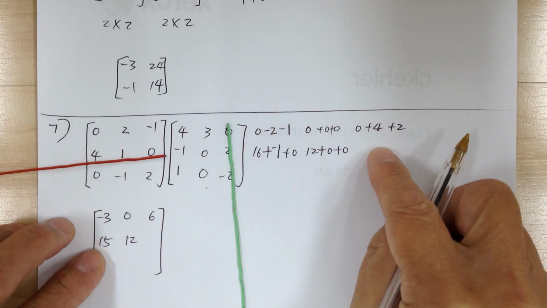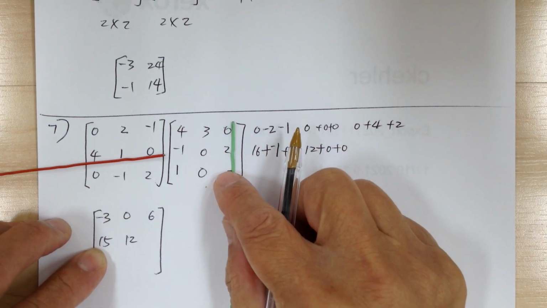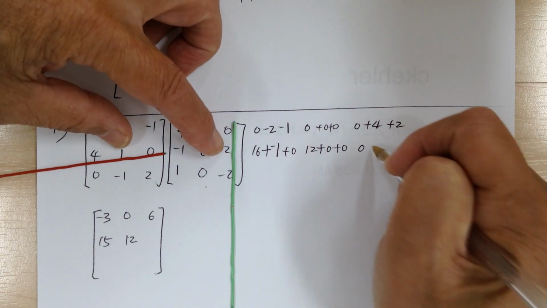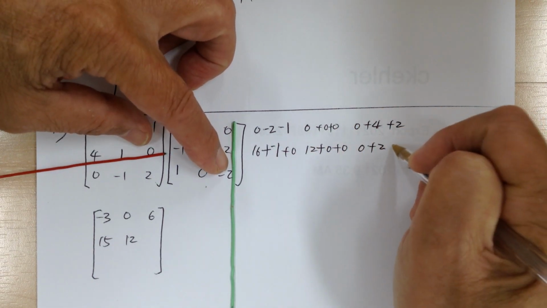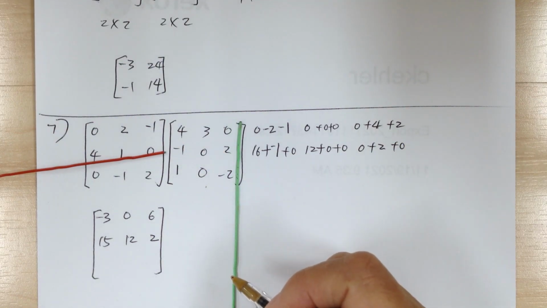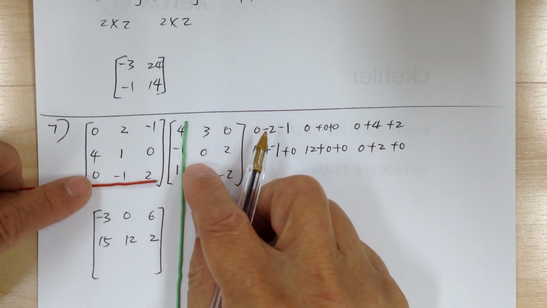Then you go to the next column. So second row, third column, right? Second row, third column. That goes over here. First number times first number, that would be 0. Second number times second number. Third number times third number. So this would be a 2. Then after you finish the second row, you go to the third row and you start over